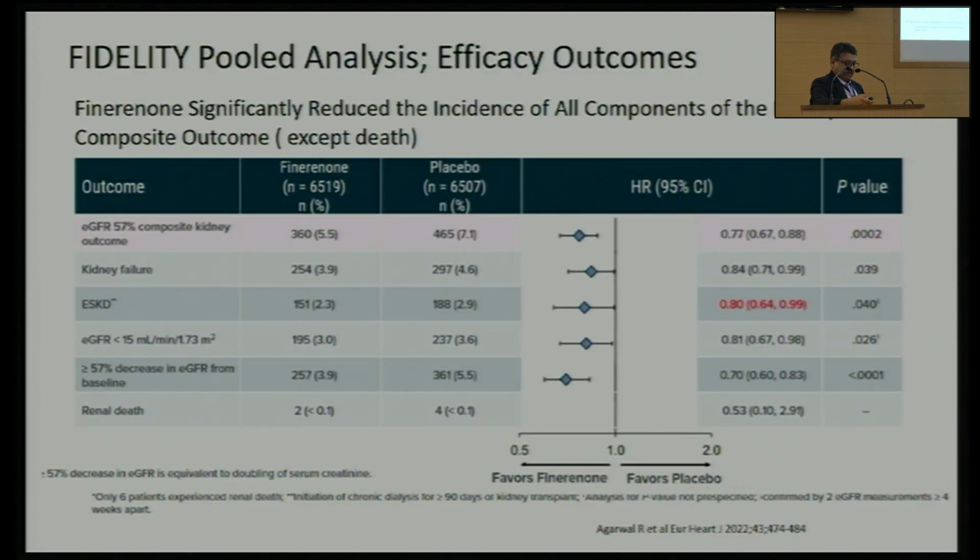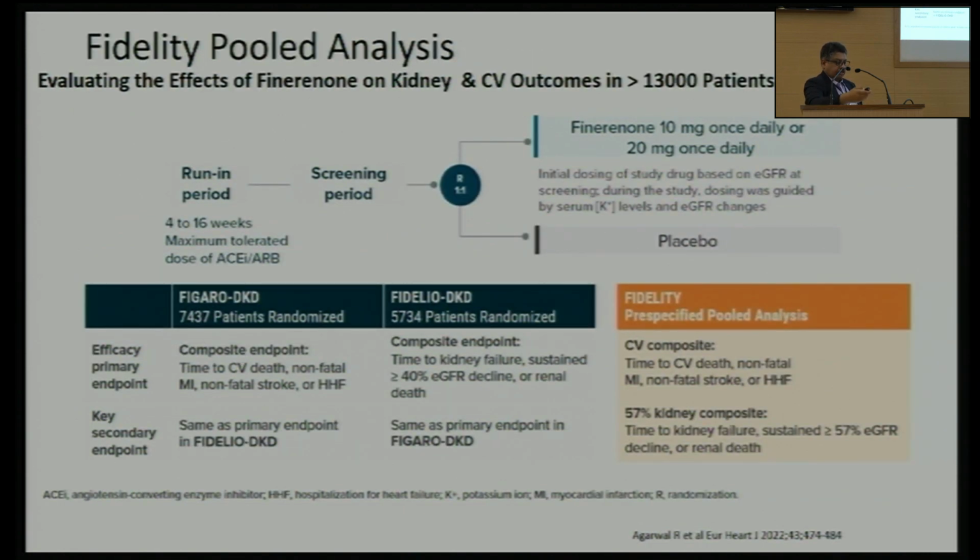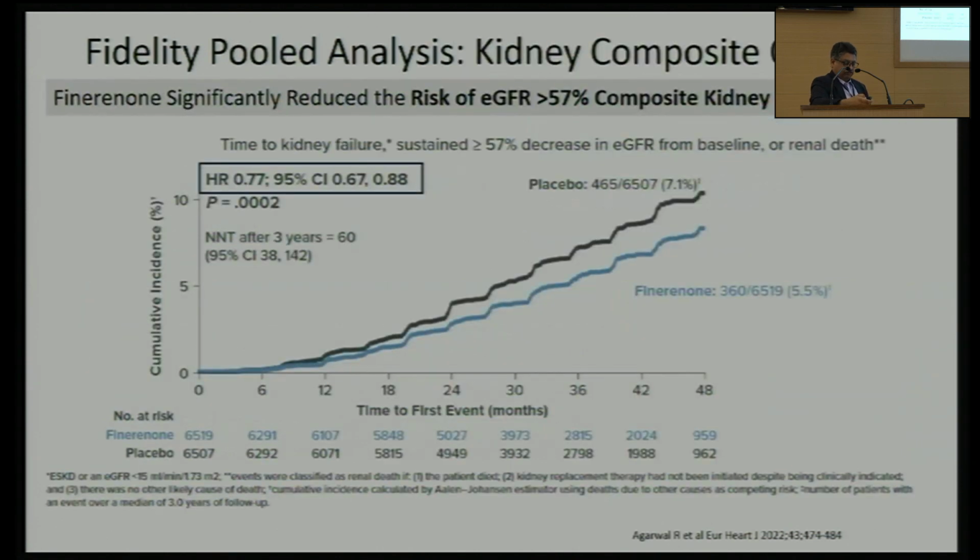And it has been shown that when you start it, it is very beneficial. It reduces the hazard ratio significantly, including cardiac mortality, and even the FIGARO analysis has shown a significant hazard ratio reduction of almost around 23%. So it is beneficial. It is given on top of the ACE inhibitor or ARB. So whether you can give it without an ACE inhibitor or ARB, whether you can give it before,